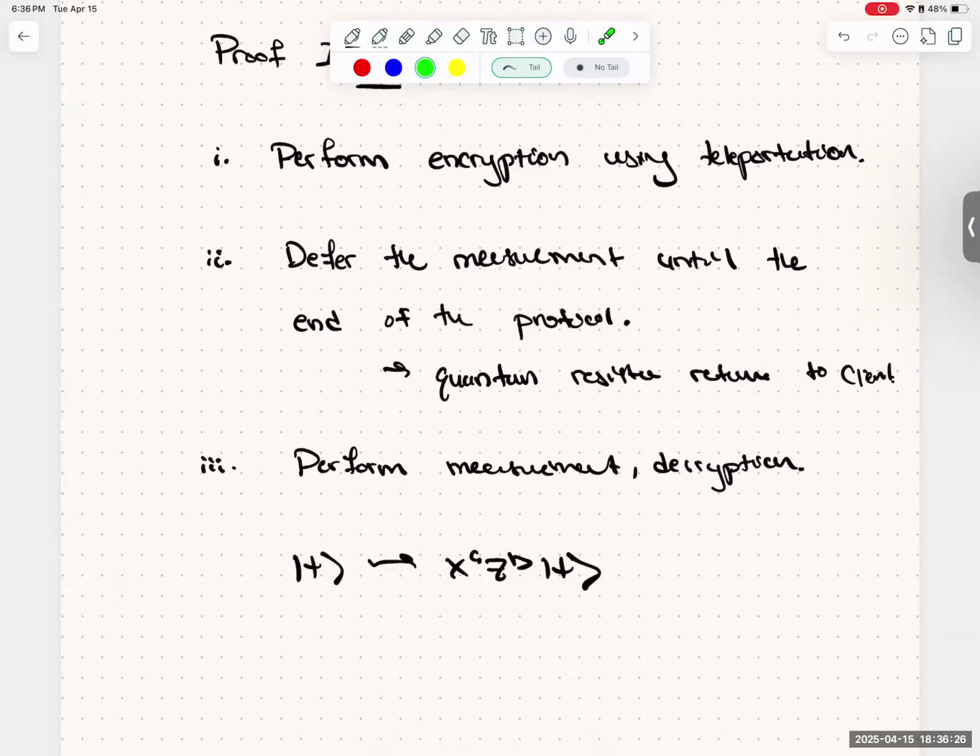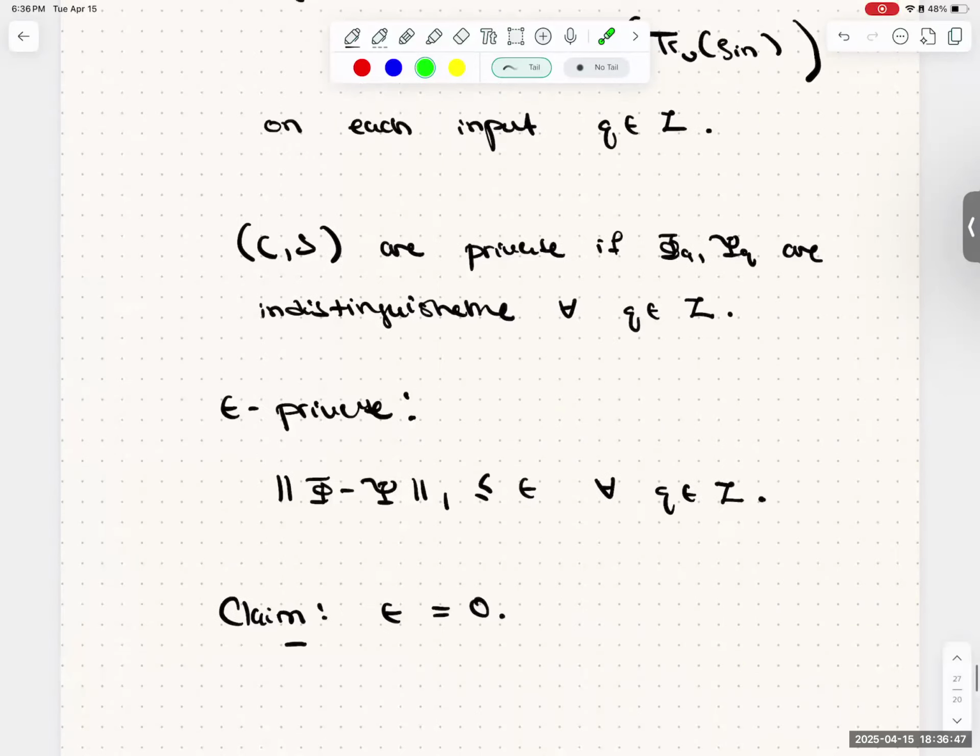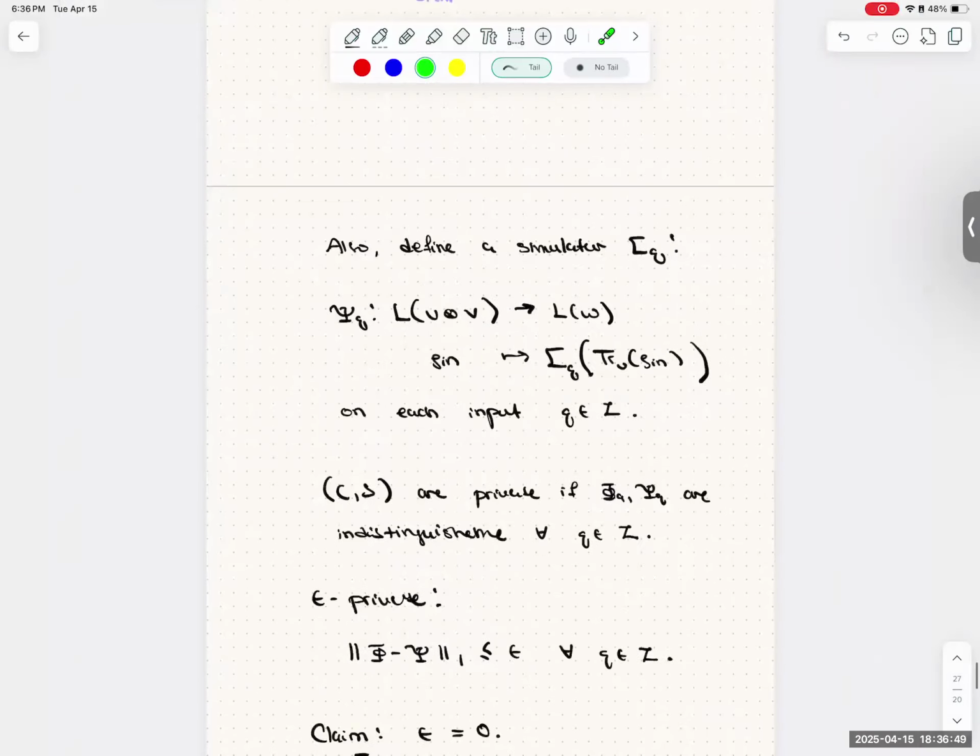Okay, so I guess one question. Can I just ask something? Yeah, sure. I got a bit lost when you jump into channels, so I'm not exactly sure. The channels are really just to formally define what they mean by privacy. You can think of it as just defining